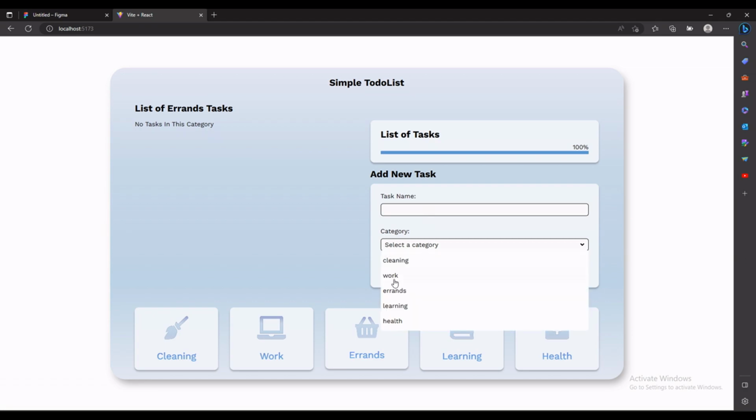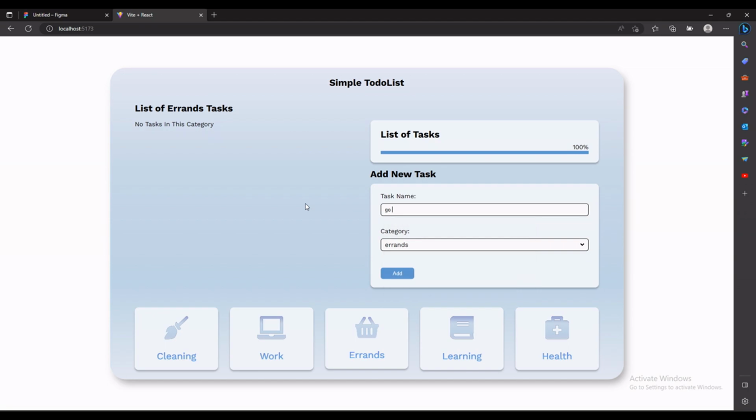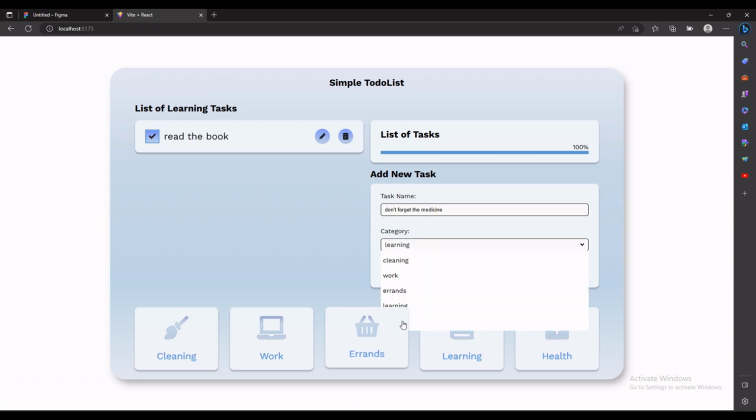So let's check, for example, errands. Let's add something, go buy eggs for errands, and let's go read the book, which would be on learning, and don't forget the medicine would be on health,